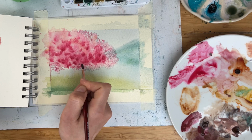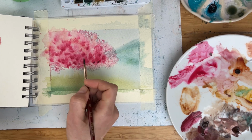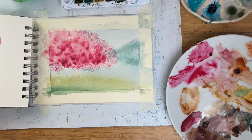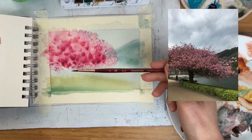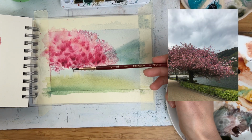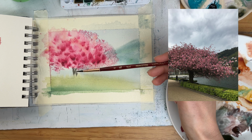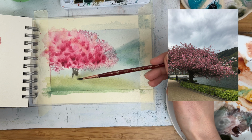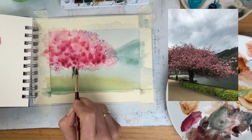It will help me to add even more of darker spots. I already can start to paint the tree trunk. I have sepia. I want to add something greenish into it. Viridian. I will use the side of the brush, mostly dry brush strokes, like this. So I will try to make the trunk disappear and, so to say, grass, like this. And of course I can make it very dark underneath